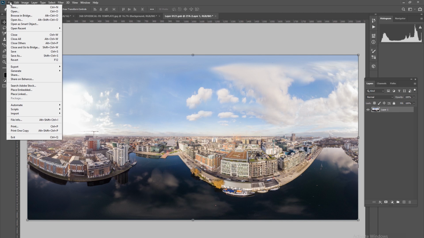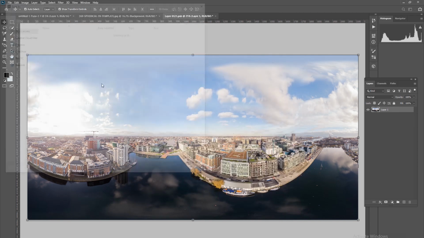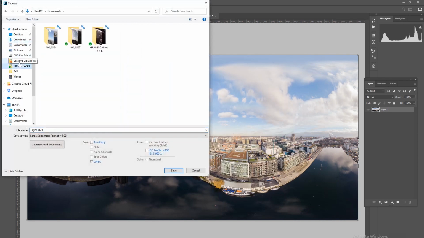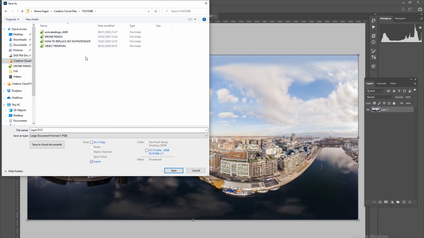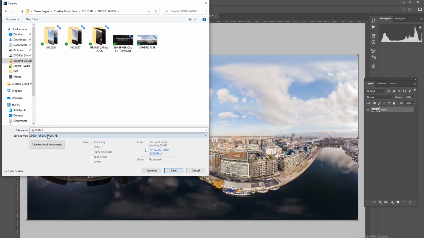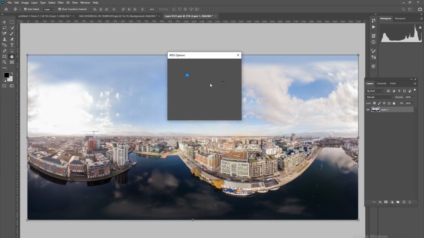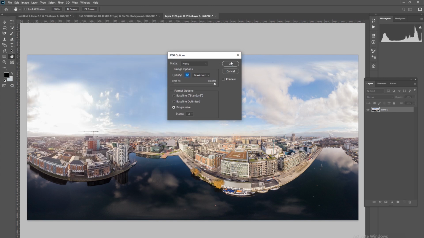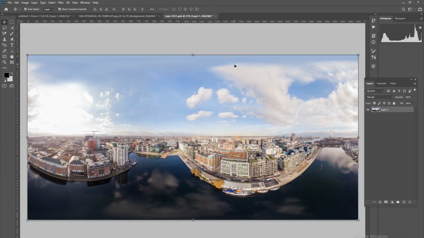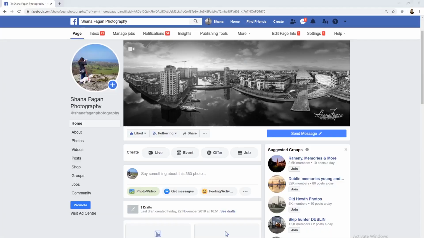So now we'll go File, Save As. I will save it as a JPEG. I'll save it as spherical FB. Make sure sRGB is ticked. Press Save. And make sure the maximum quality is done. Press OK. So now that that's saved, go into Facebook